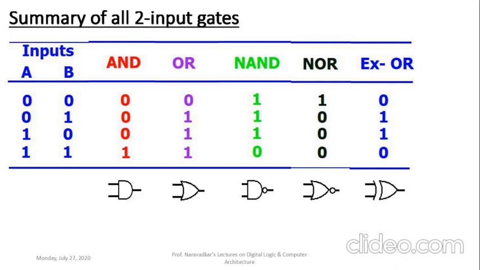So you can observe whenever inputs AB are 0, 0 or 1, 1, the first and last combination, then the output of that XOR gate is 0. Whereas for the middle two combinations 0 1, 1 0, output of XOR gate is equal to 1. So this is the truth table of XOR gate which is shown on the extreme right. Then the symbol of that XOR gate is clearly shown at the bottom.